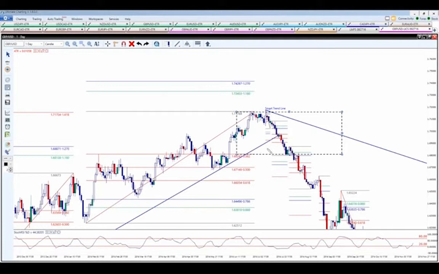Doesn't really give us any indication of getting in. It breaks through that trend line right here. So when the market breaks through my trend line, that blue trend line right there, I'm now looking to take selling positions. We would then reverse our position. So very simply, let me delete all this.